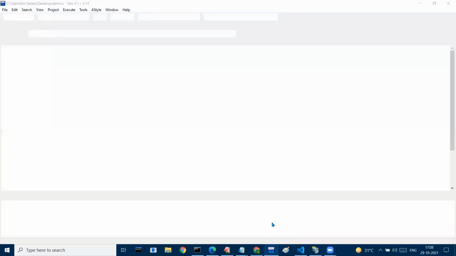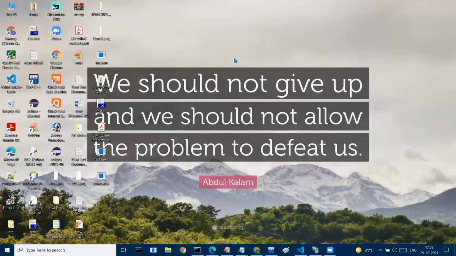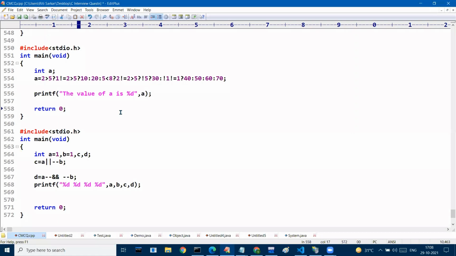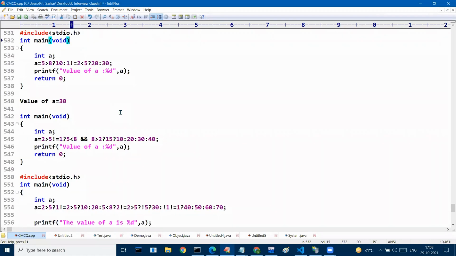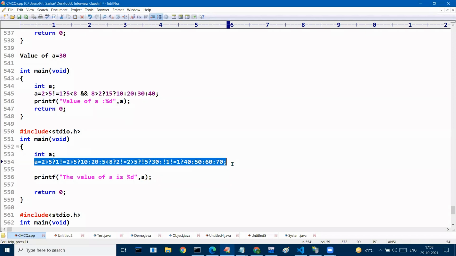In our last session, we learned about ternary operators, right? I think I've given two examples to verify how to bracketize the expression. This is one example for which I asked you to identify the order of bracketization, and this is yet another example, right?